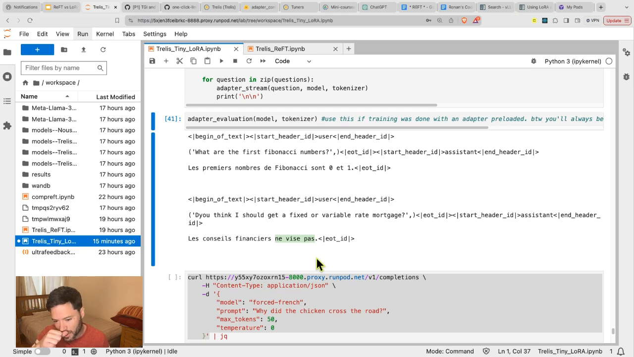This doesn't fully make sense. So I would say that when you combine these two adapters, it's kind of getting the combined effect. My guess is that the issue is around the French. When you're trying to get a model to respond only in a language, I have found that you need to